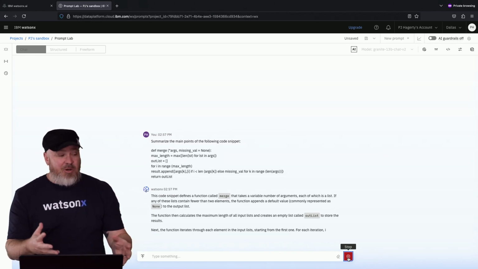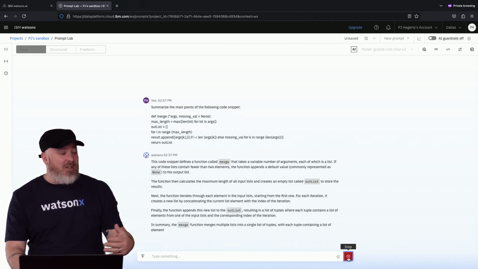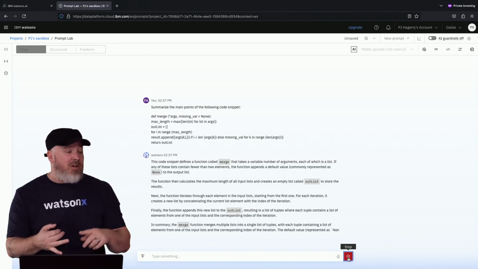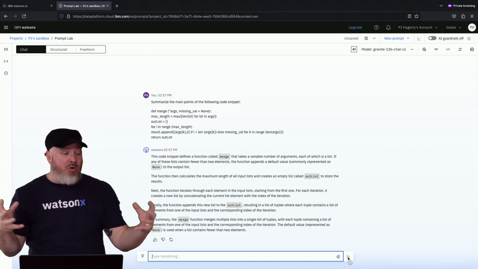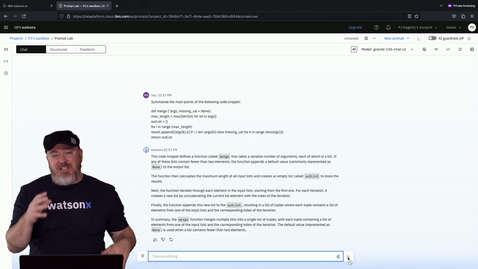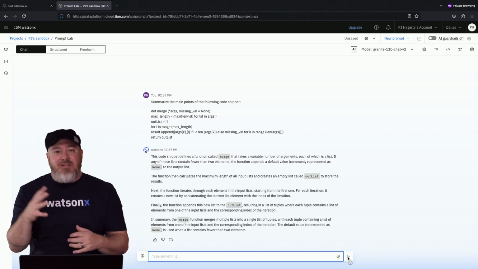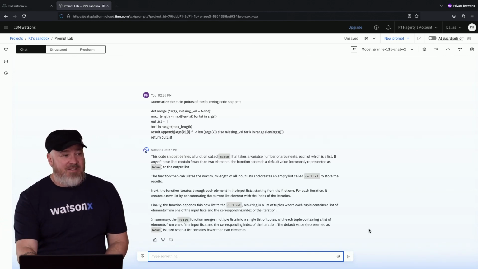And this is just a simple code snippet. As you see, Granite gives back a lot of information explaining what each variable is doing, what the function is doing, what the overall code snippet should be doing, and it summarizes it for you. This is helpful when you're working on a specific piece of code that may see other people jumping in and making changes. They'll need to understand all of these pieces to ensure success.